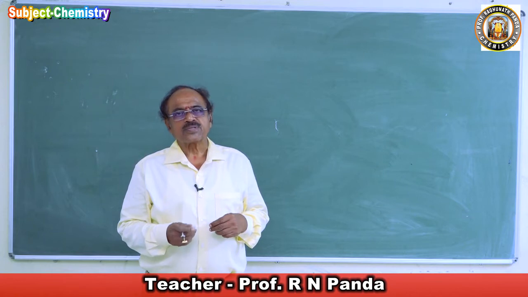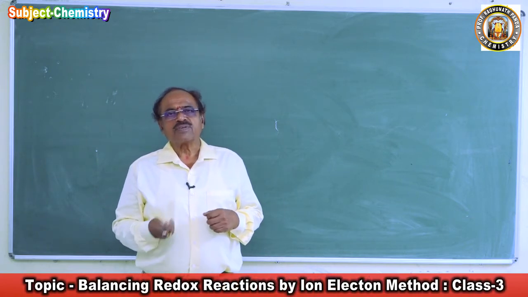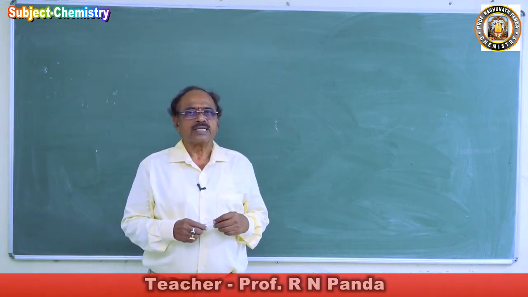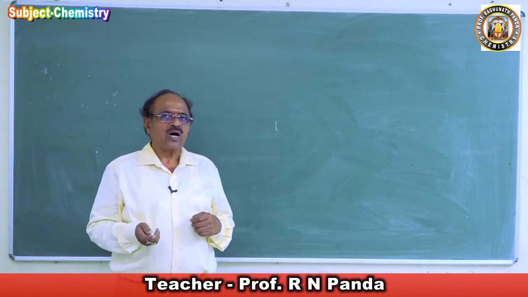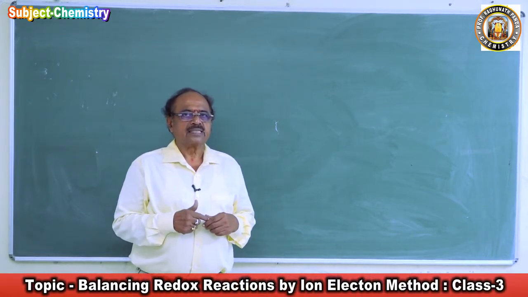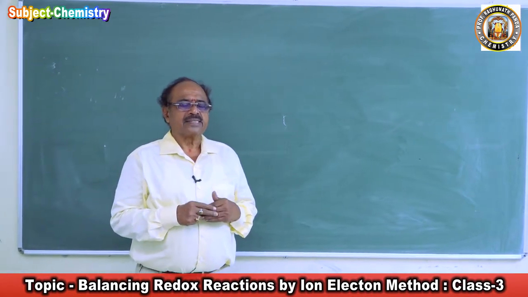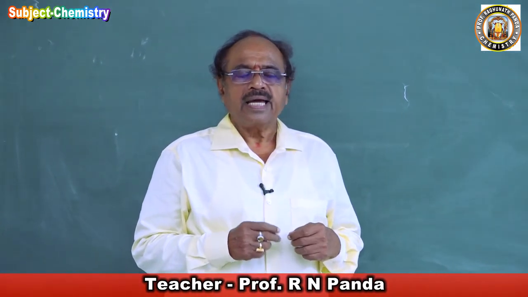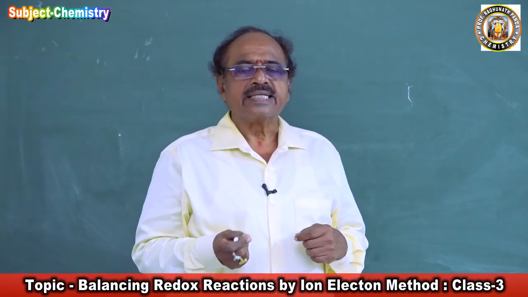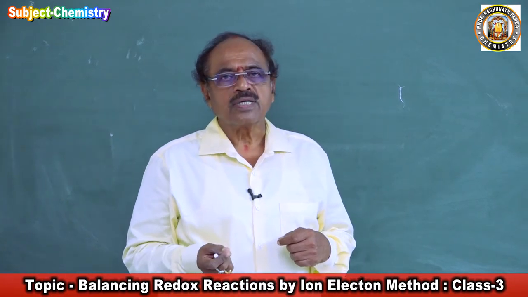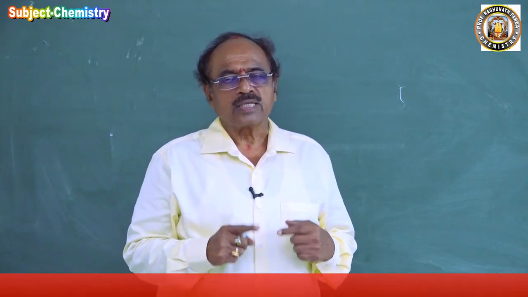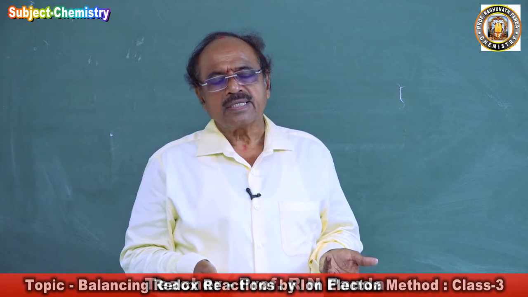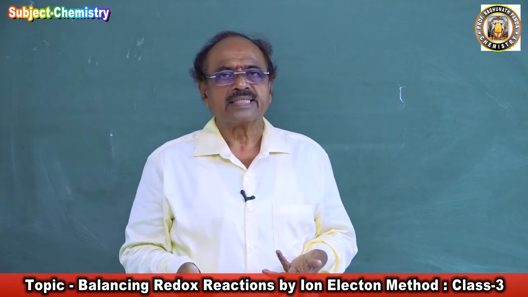Oxidation is a process in which loss of electrons takes place, and reduction is a process in which addition of electrons takes place. So when an electron is lost, positive charge increases, and when an electron is added, positive charge is decreased. Hence there is an increase of charge, decrease of charge, loss of electron, gain of electron in oxidation and reduction. Oxidation is brought about by the oxidizing agent.